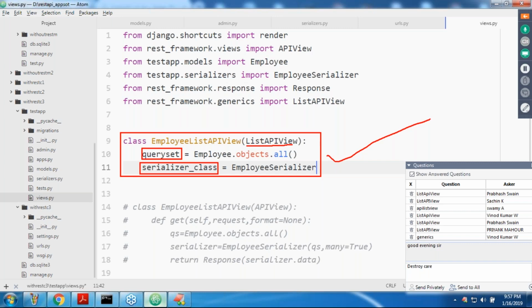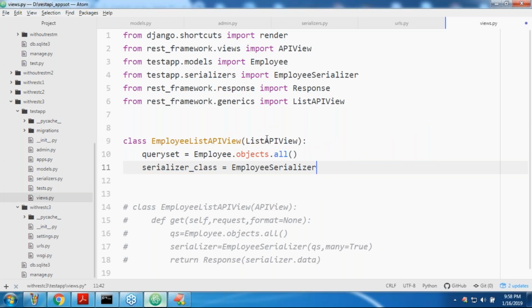It is telling us: you are asking me to list out all records, so from which queryset should I list? You have to specify that. Next, by using which serializer should I serialize this queryset? You have to specify that. If you do these two things, the remaining things ListAPIView will take care of. Have you observed, right?